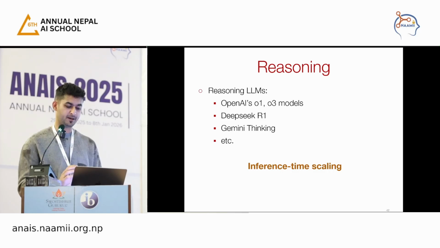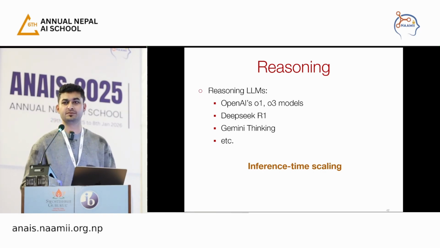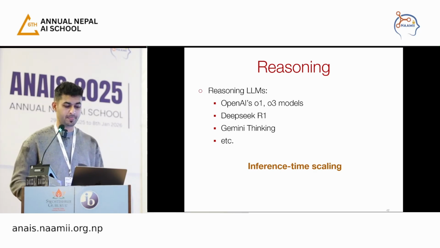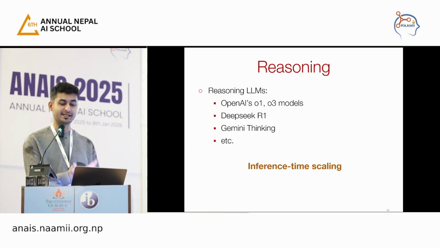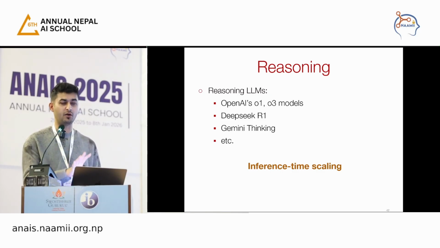That was one of the first reasoning models. Now we have their successors like O3. We have open source reasoning LLMs such as DeepSeek. We have Gemini thinking, and a lot more. So now we have reasoning LLMs that do one thing at its core, among other things. I won't be able to go into all of these details.